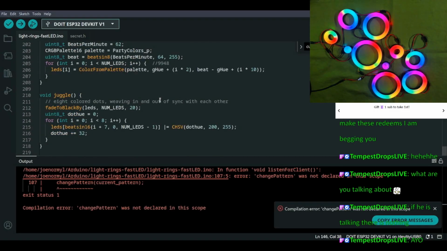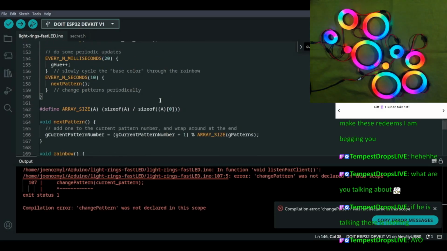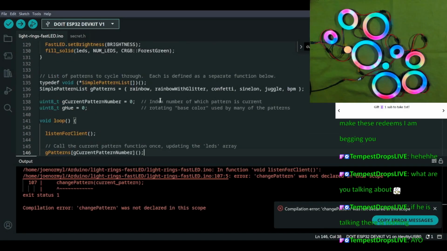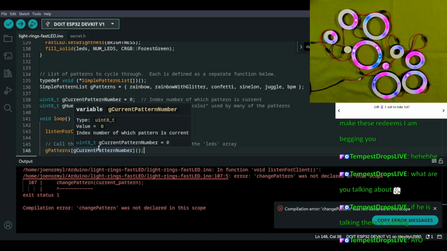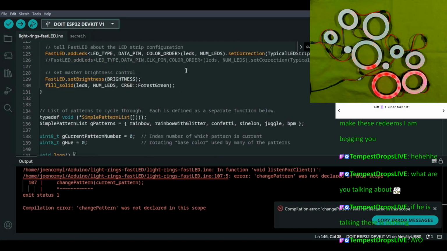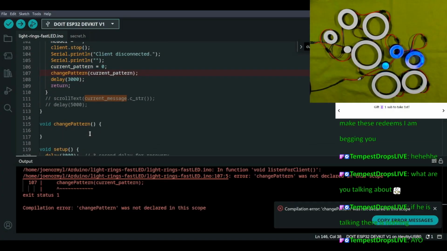I'm not sure if this is pre-included. It must be in the library. I hate the way you scroll that fast. How's anybody supposed to read anything? Well, that's true. But I want to do the same thing, g patterns, but I want to do it up here where I made this new function. And instead of this g current pattern number, I want to just do,